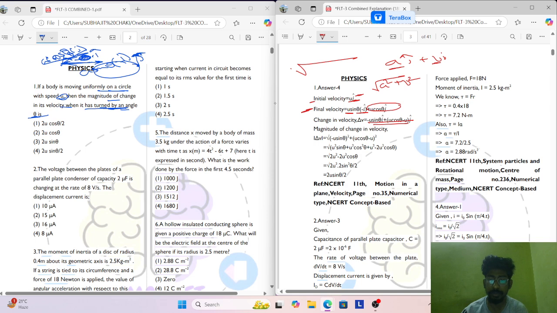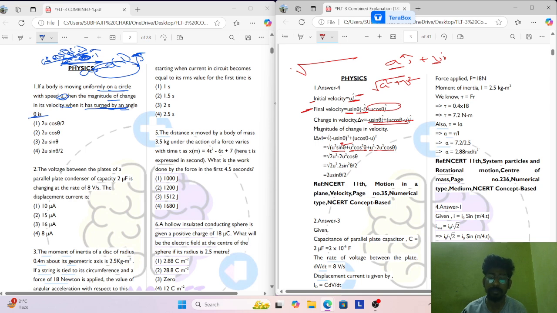Now put this in, what will you get? u square sin square theta. Here you will get u cos theta minus u, whole square. Take u out, you will get u square: u square sin square theta, u square cos square theta, u square, minus 2 u square cos theta. Now take u square out of it. Sin square theta plus cos square theta, it will become